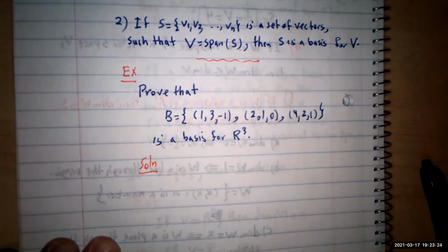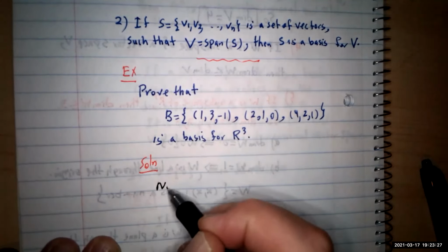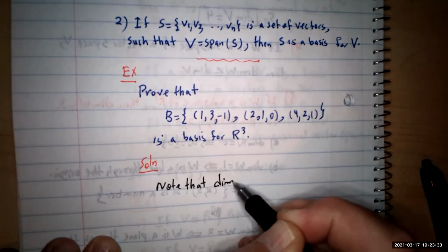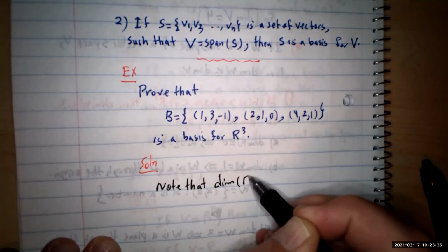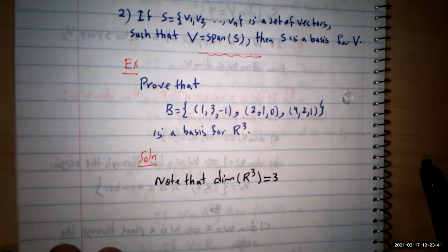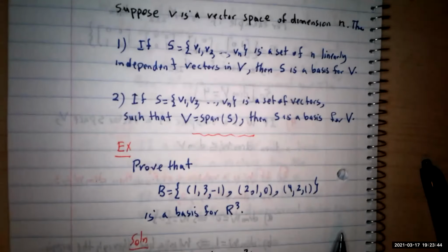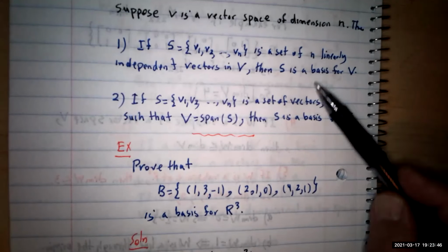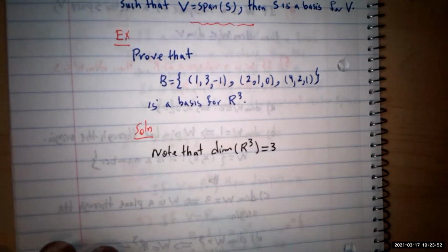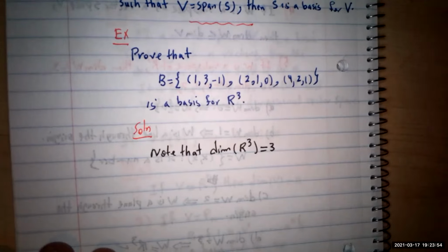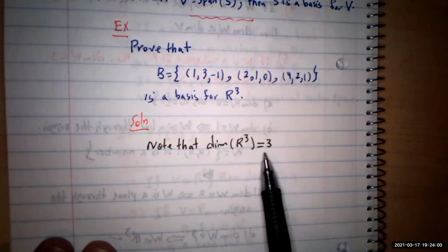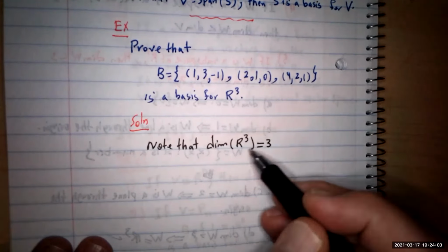Note that the dimension of R3 is 3. Since the dimension is 3, you don't have to prove all of them. You need to prove just one fact. If you just prove that they are linearly independent, then you're done. You don't have to prove the spanning one, because you know that you need only 3 vectors. Therefore,